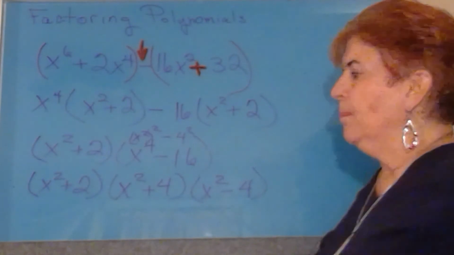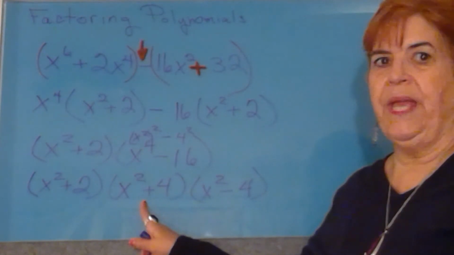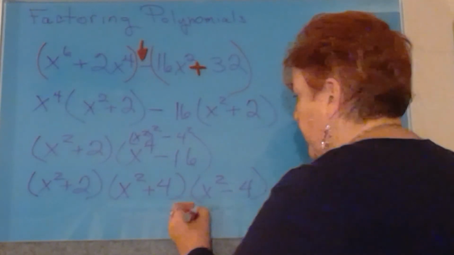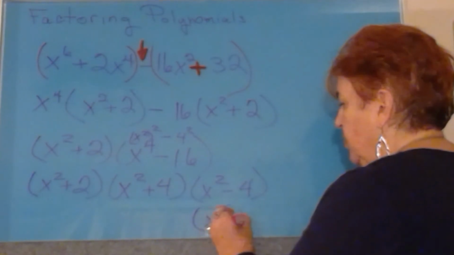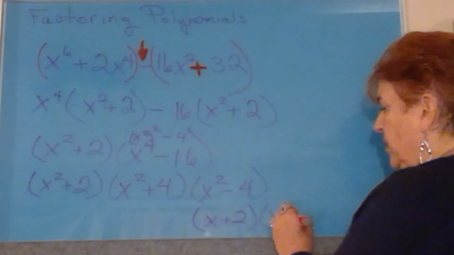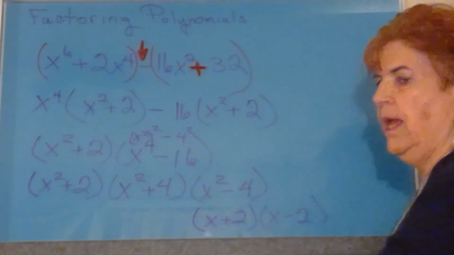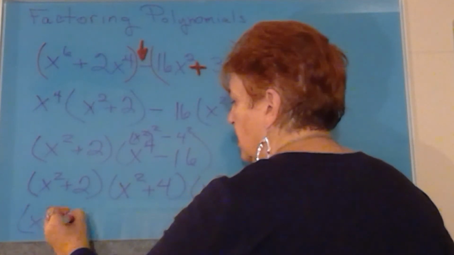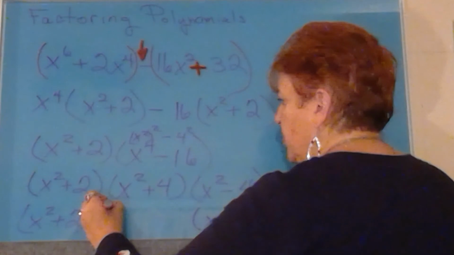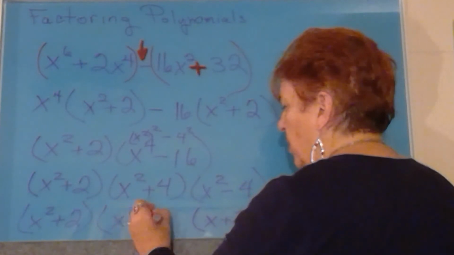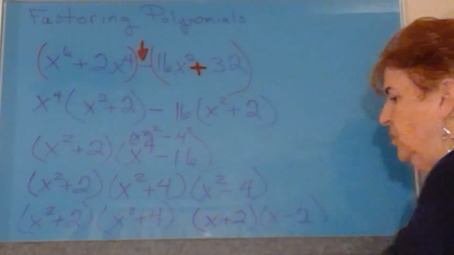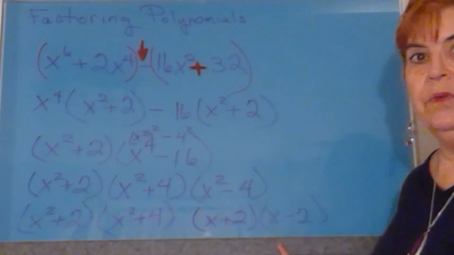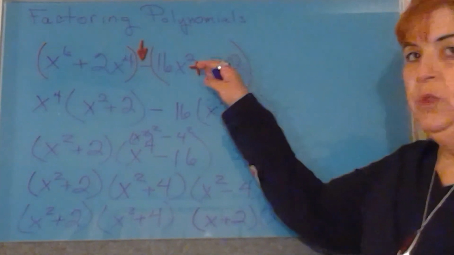We're not done yet. Don't stop. That's got a plus. We can't do anything with that. But that's an x squared and a minus 4. That's going to factor into x plus 2 times x minus 2. And don't write it like that. I wrote it like that just to save a little bit of time. You have to write down the complete answer, which is x squared plus 2 times x squared plus 4 times x plus 2 times x minus 2. You end up with a lot of factors, but if you do it step by step,